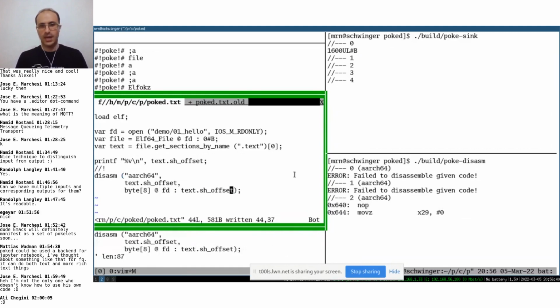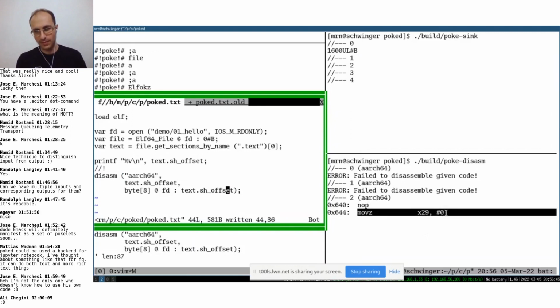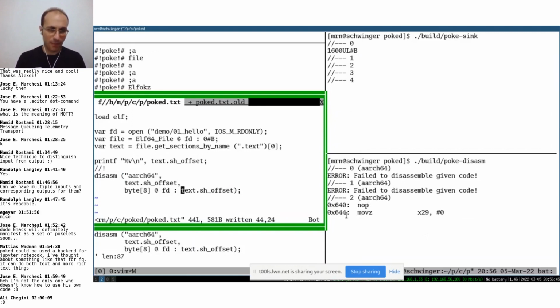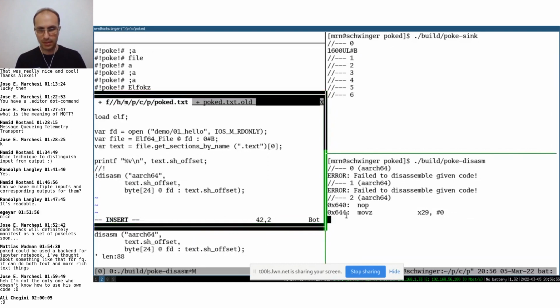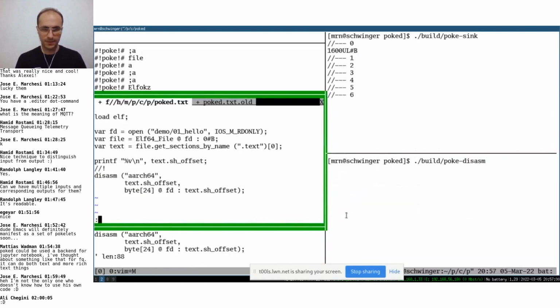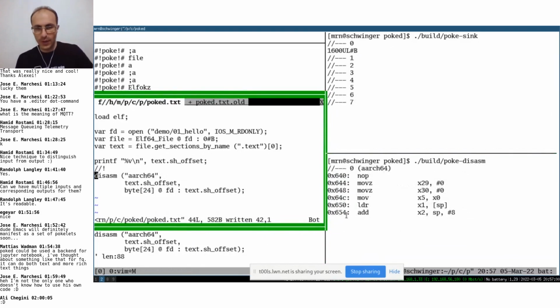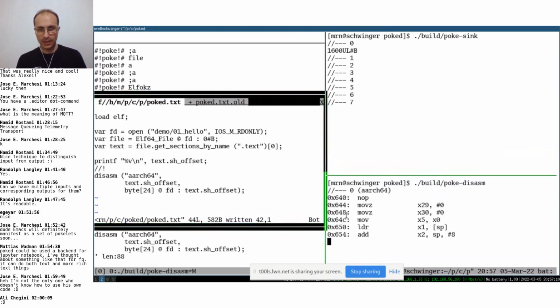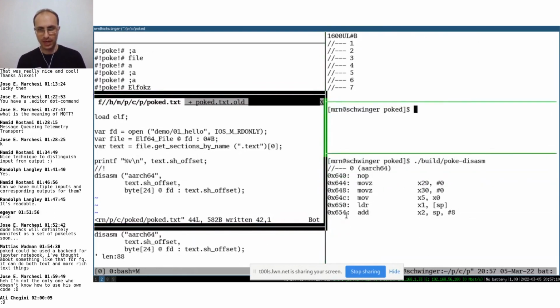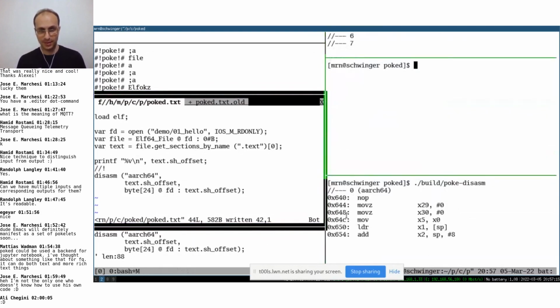This is text.sh offset. So yes, we have it. You see here is a nop followed by a different instruction. You may say that I am making things up, and how could I know that this is the right thing? You can probably use text.sh size in the array because it can be bounded by size. Yes, but I just want to start a new objdump to actually prove to people that it is doing the right thing. So arch objdump